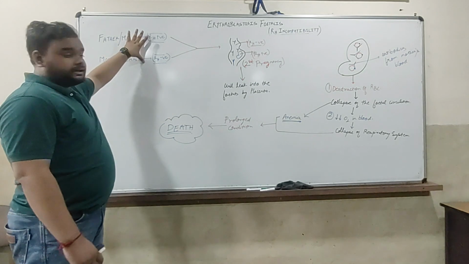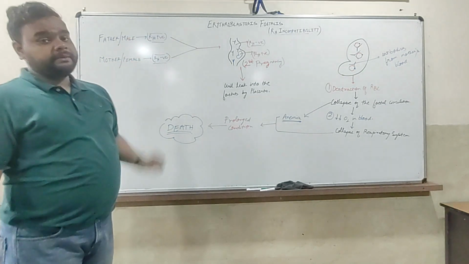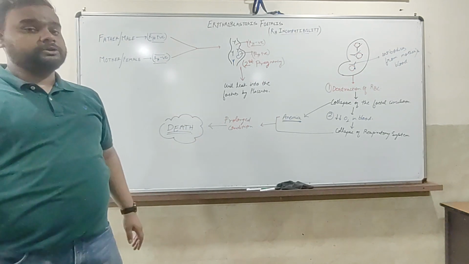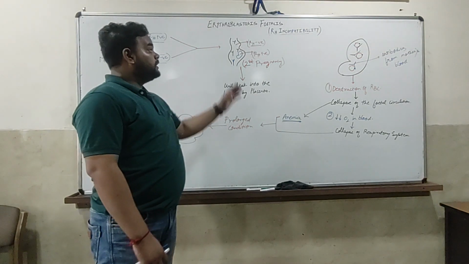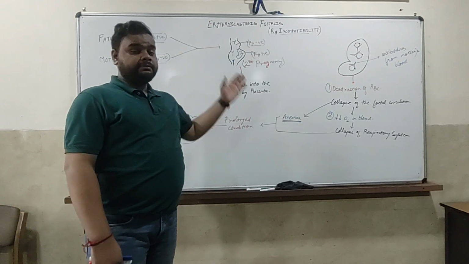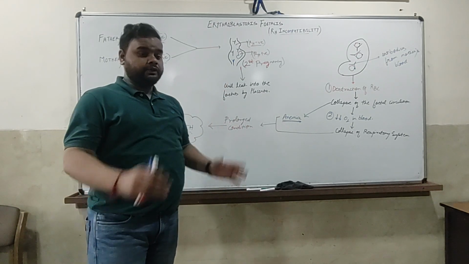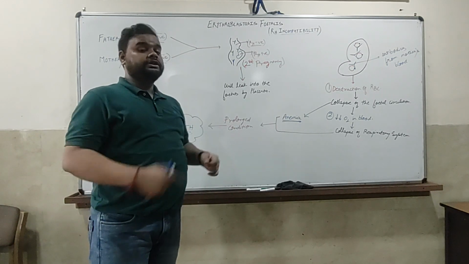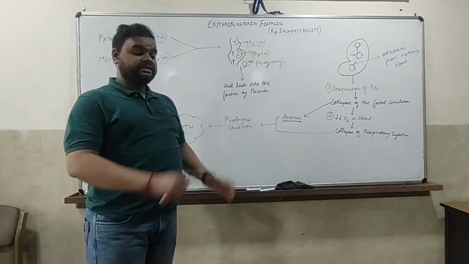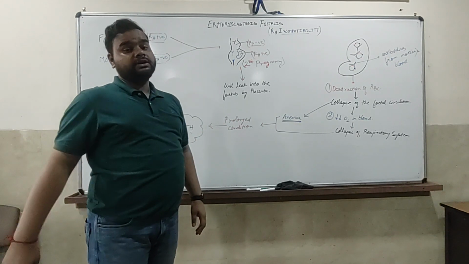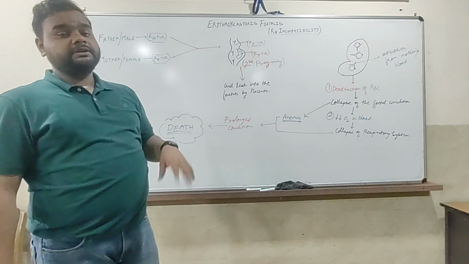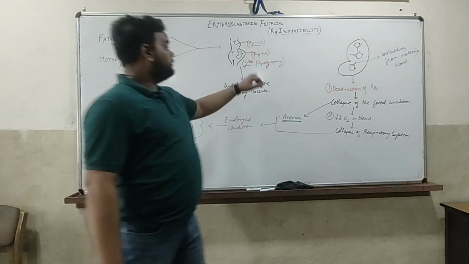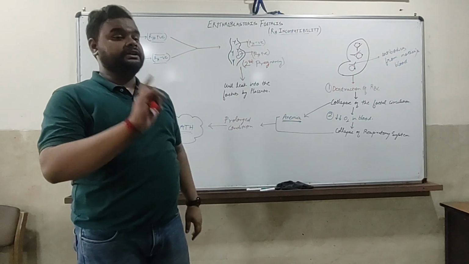Okay, so these are the couple. They have their first baby. The first baby, obviously with an RH positive father, so the fetus will be RH positive because it is a dominant factor. The fetal blood and the mother's blood during the first pregnancy, during the gestation period, is separated by the placenta. But during the parturition, or during the delivery of the first pregnancy, the mother's blood gets exposed to the RH positive fetal blood and develops some antibodies against the RH antigen.